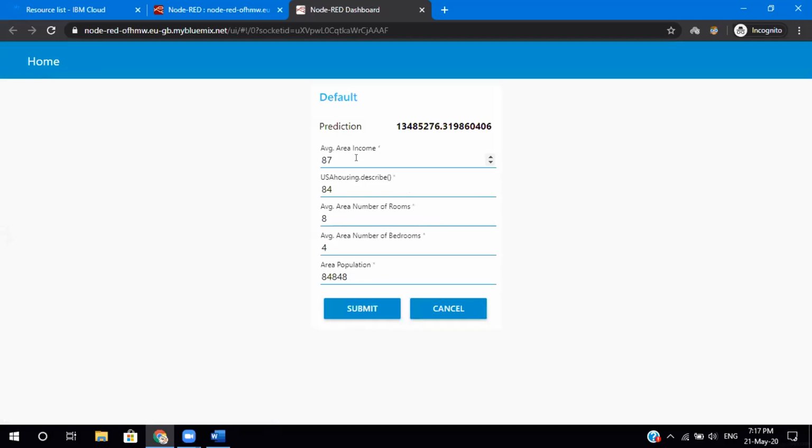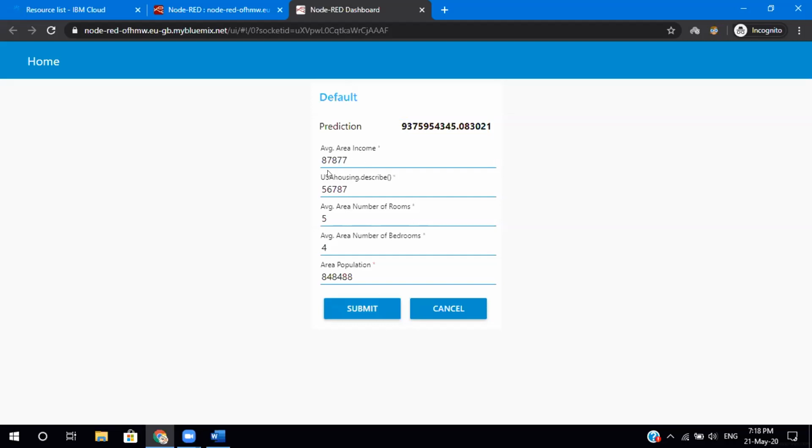So this is how the UI looks like. We will be giving some average area income, and we will be giving some housing. Sorry, the column name is not copied correctly here. It's fine. I'll correct it and share it with you. We will be giving some number of rooms, maybe 5. Yeah, number of bedrooms and area population here. All right. So after clicking on submit, we will be able to see some prediction, the price prediction here, right? You will be able to see your life expectancy prediction.